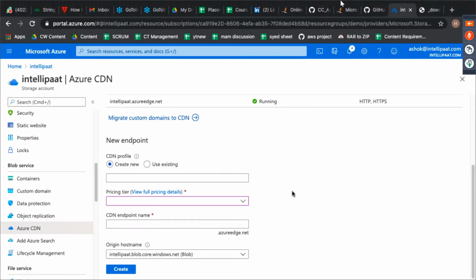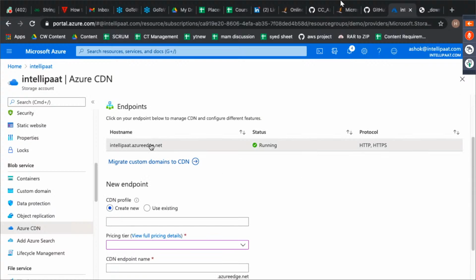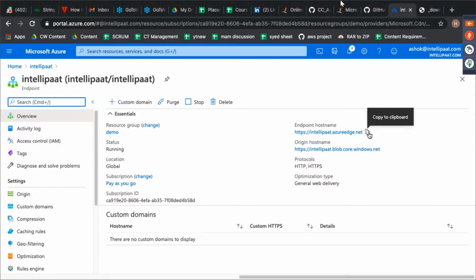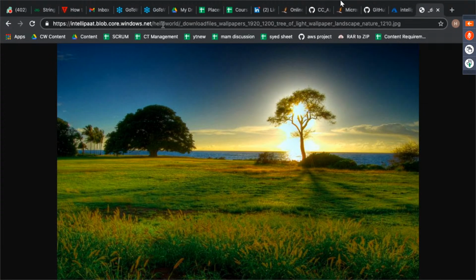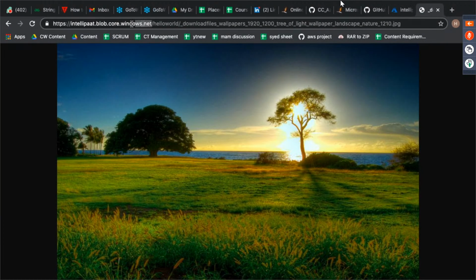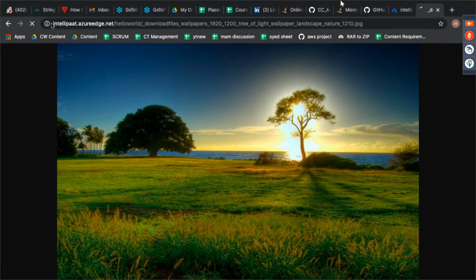Okay, so now that the CDN has been created, you can see that we have a link over here. This is the endpoint hostname and this is the origin hostname. If we check our website, you can see that this was the blob origin name, and this is also the origin host name. Now we just have to replace the endpoint host name with this. So if we replace this and hit enter,